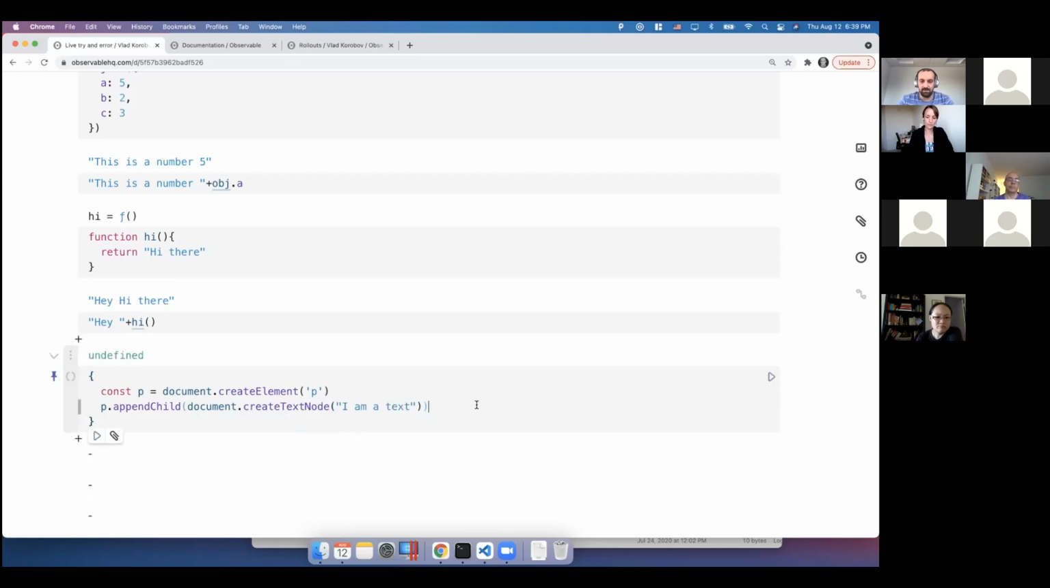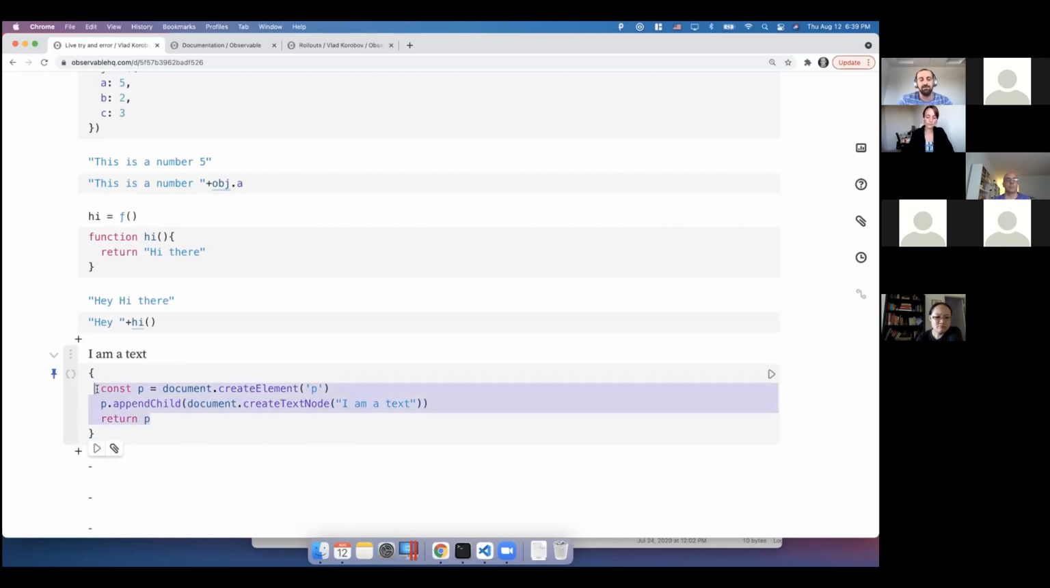So undefined, because we're not returning, and we will return p. So we, with JavaScript, created a node, HTML node, added the text to it, and returned it. It's like different things to do stuff, but basically that shows you that you can write anything in JavaScript and construct your visual representation. It could be D3, it could be any other library. And